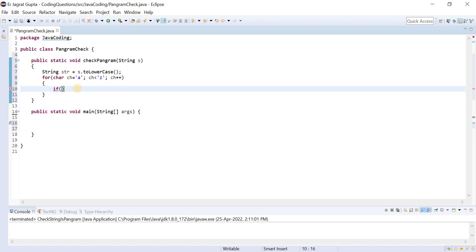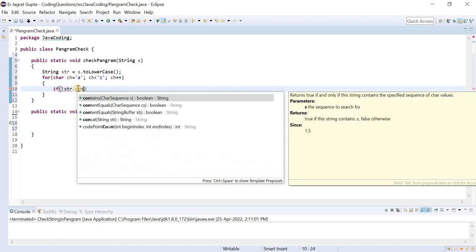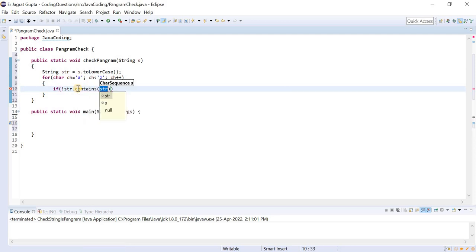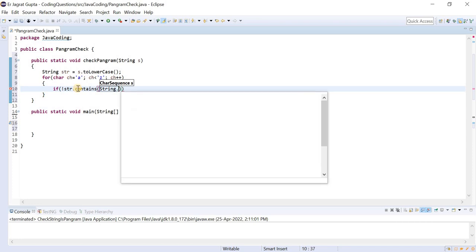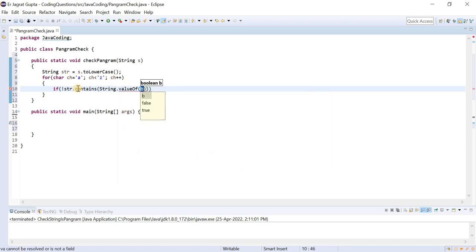Okay, so if not str dot contains, and here it will take a character sequence as a parameter, not a character. We have a ch, so we will convert this to a string: String dot valueOf, and here I can pass the character like this.